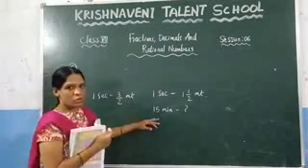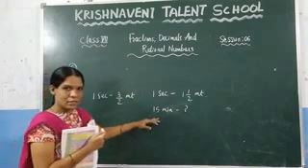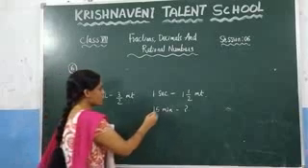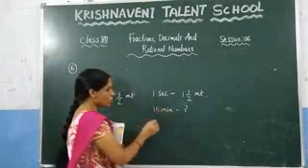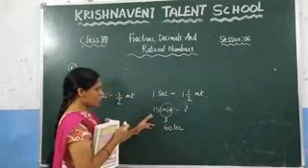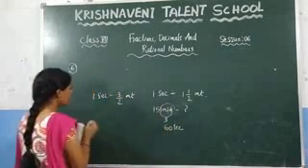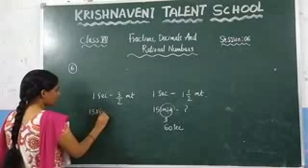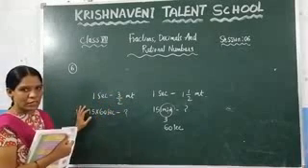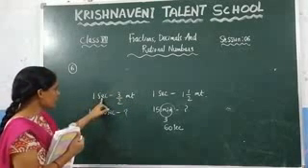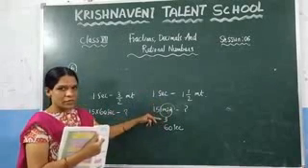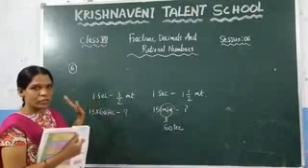Now in 15 minutes, you know that 1 minute is equal to how many seconds? 60 seconds. So 15 minutes is nothing but 15 into 60 seconds. This is 15 into 1 minute. In 15 minutes, you need to multiply by 15. So here 15 into 60 seconds. In 15 into 60 seconds, how much distance do we walk? This is the question they have asked here. In the question they have given different units, so now we need to change the units of this one.